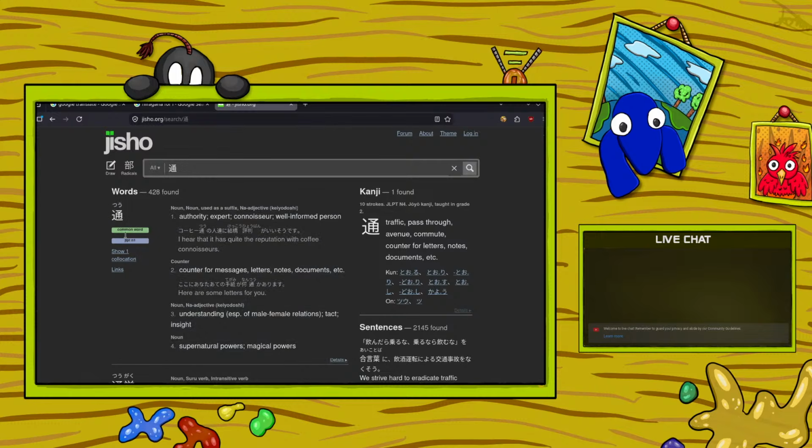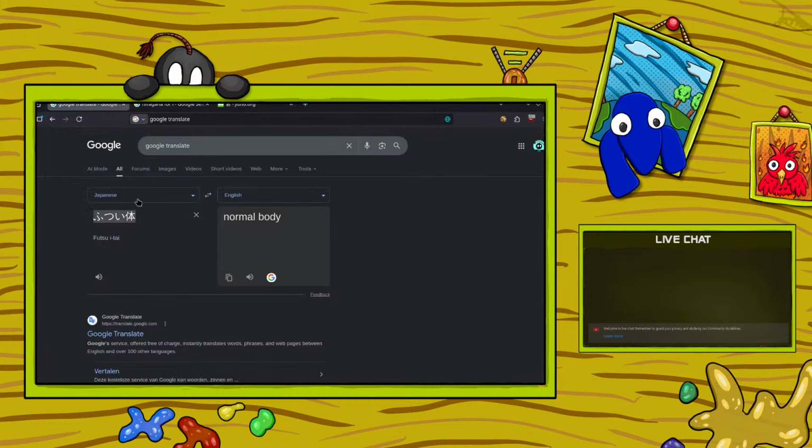So an authority, an expert, a counter, a message, a letter, a note, a document, etc. Understanding, that's where we're going. So a plain understanding. Yes, there we go. Now we're gonna go from normal body to futsutai. 普通体。